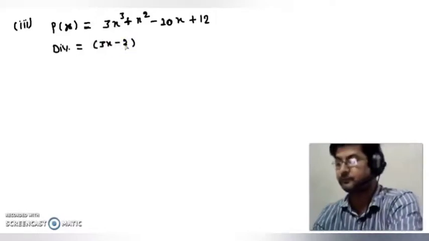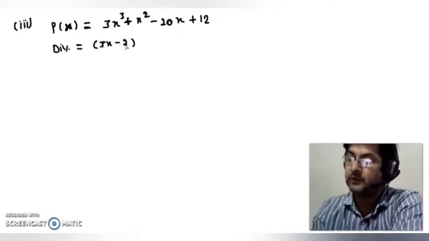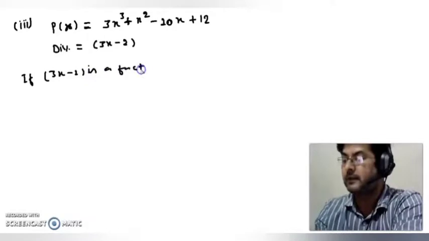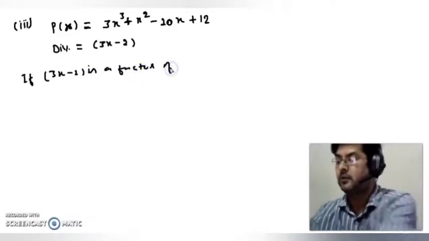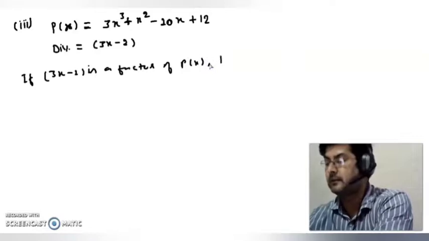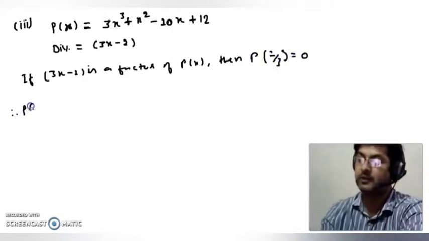Okay. We know that if 3x minus 2 is a factor of p of x, then p of 2 upon 3 must be equal to 0, and therefore we'll find out p of 2 upon 3